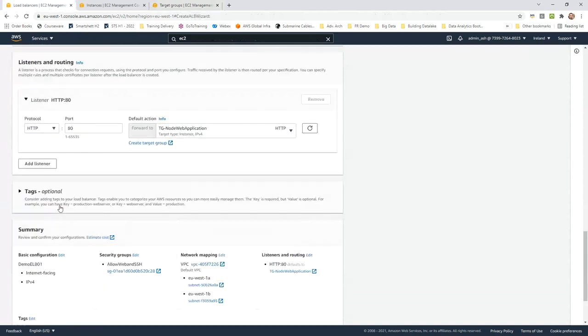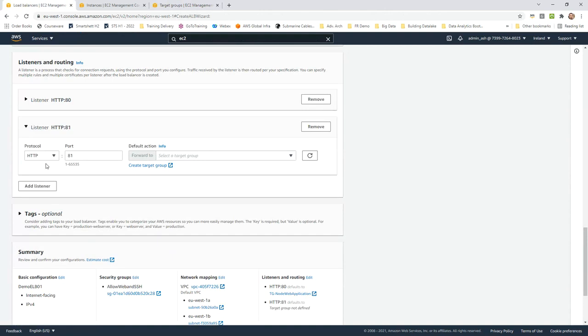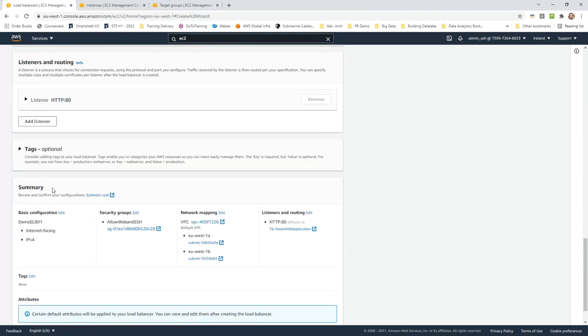This is one listener. What if I had another request that would come on a different port and go to a different target group? That's not a problem. The same target group can also be part of multiple listeners. Maybe this target group can respond on 80 and can respond on 81 also. So the same target group can be part of multiple listeners, should not be a problem. Right now I am keeping it simple, one-to-one mapping.